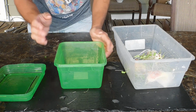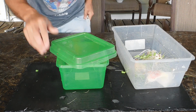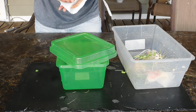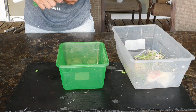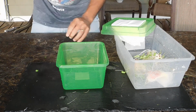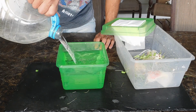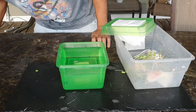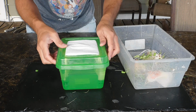But we're going to put fresh water in there. So this is all you have to do. See little slots cut in there? Ordinary paper towel. Set that there. Reservoir. It's plain water, or you can add a tiny bit of nutrients. You don't want to put as much as you do on a mature plant, but for just microgreens, I just use plain water. Make sure the paper towel goes down into there,